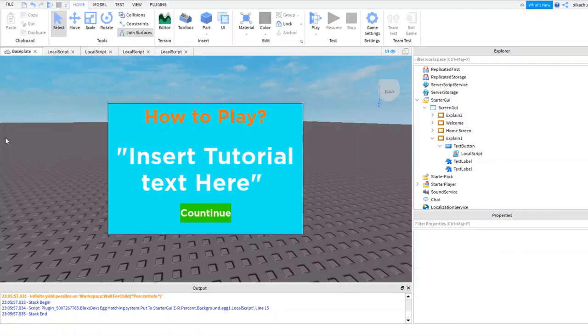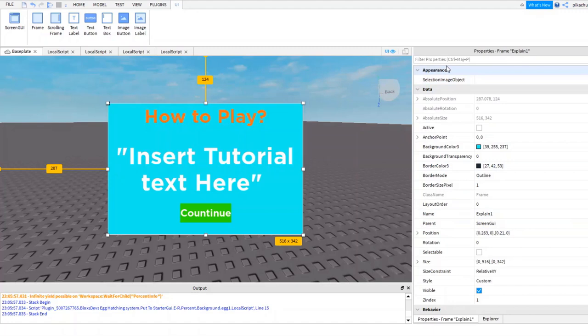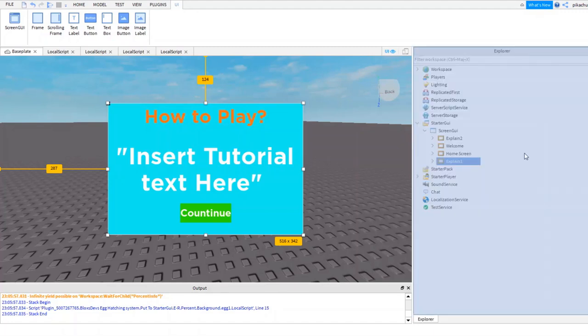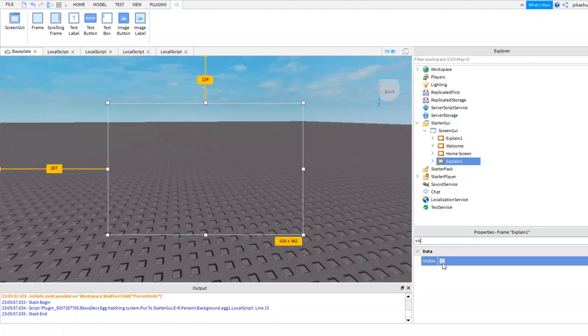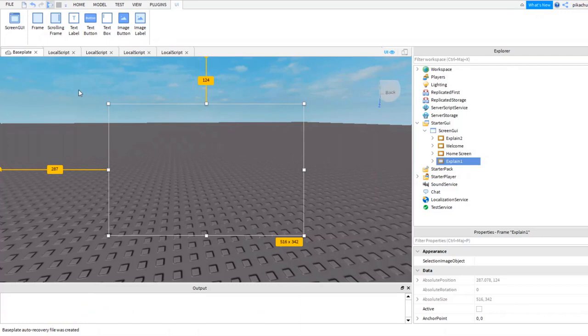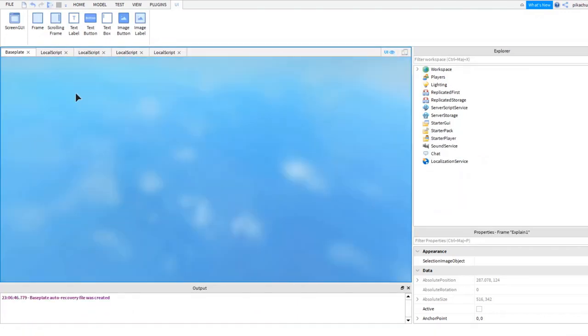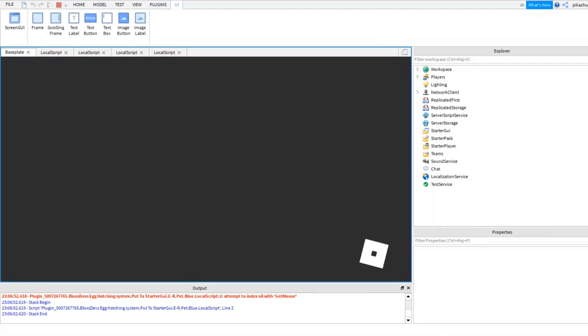Now if I disable this, it should be working, and this is so awesome. We're basically going to have a tutorial with a home screen and a lot of good UIs that are necessary. This is basically how to make a how to play with UIs, and this is the GUI workflow and how to use them in Roblox Studio.